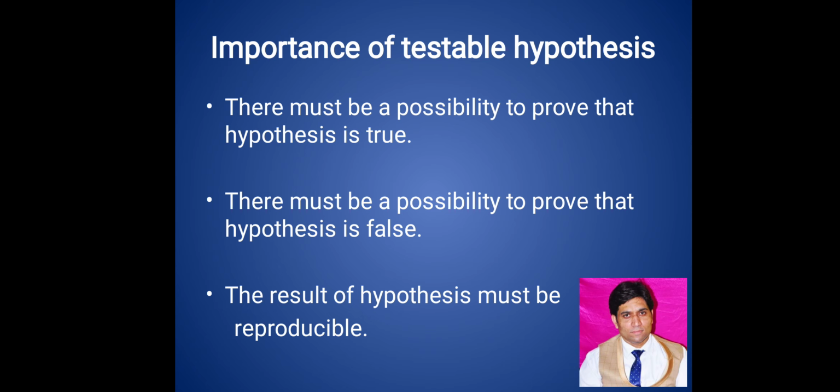When you start framing a hypothesis or you have completed the task, then you may also understand the importance of a testable hypothesis. The hypothesis should be testable and meet the following criteria. There must be a possibility to prove that the hypothesis is true. There must be a possibility to prove that the hypothesis is false. The result of the hypothesis must be reproducible. Without these criteria, the hypothesis and results will not be clear or definite. As a result, the experiment will not prove or disprove anything significant.